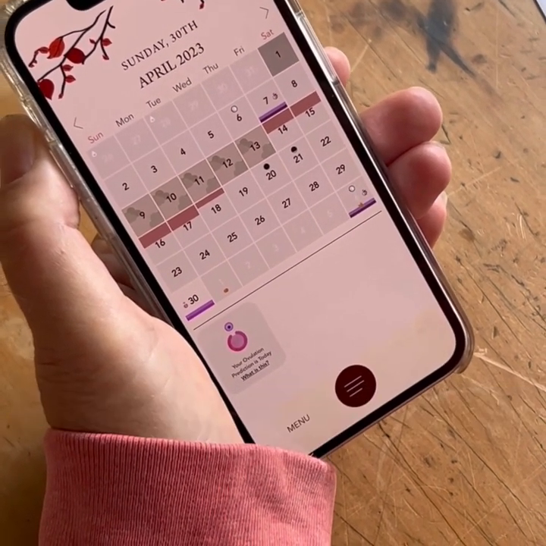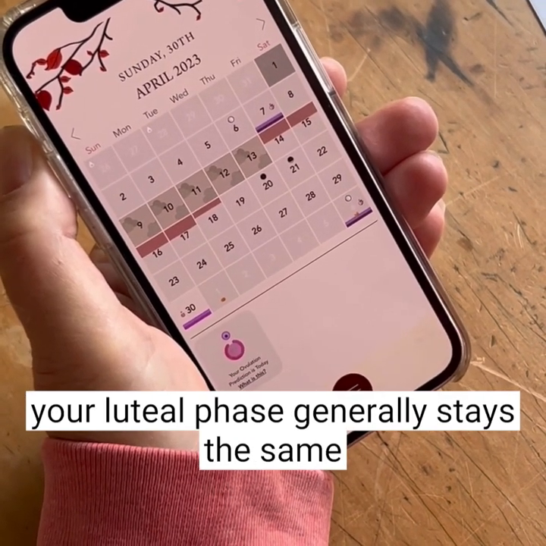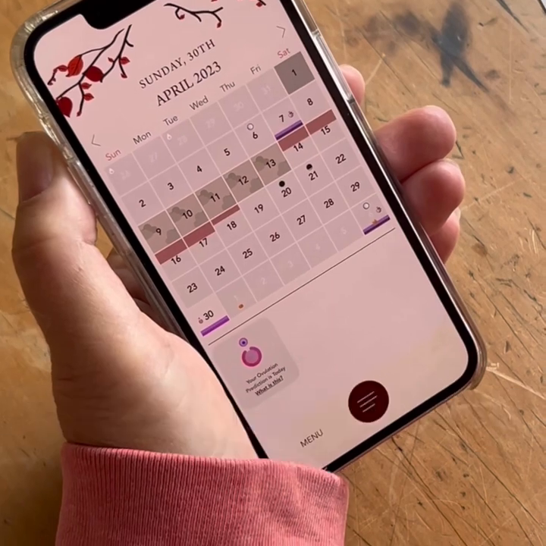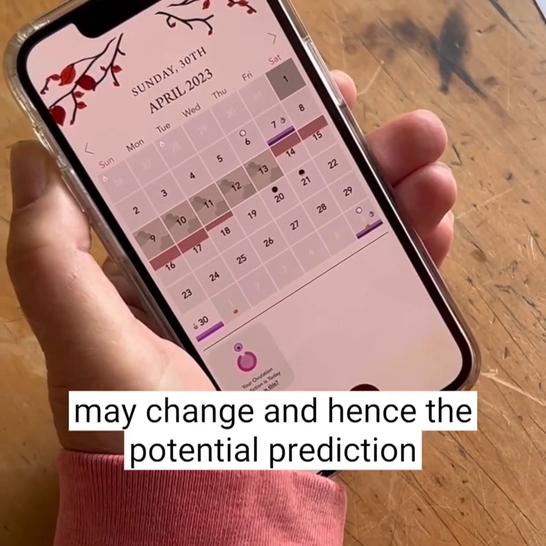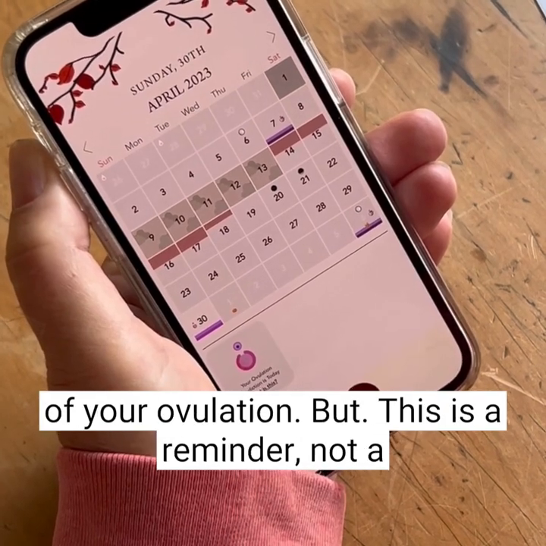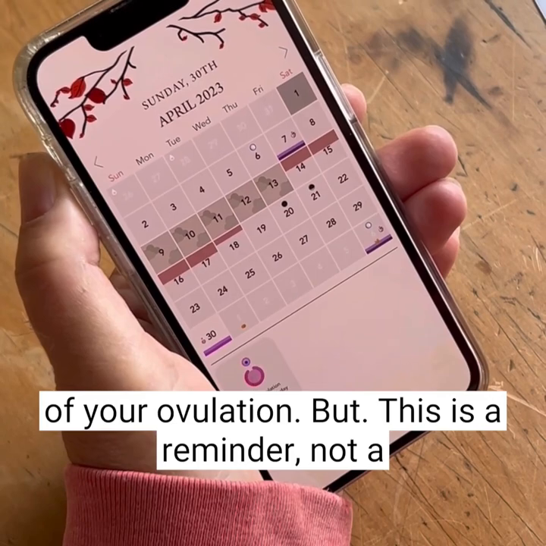If you have a period that comes earlier or later, your luteal phase generally stays the same, except in pathology, but the follicular phase may change, and hence the potential prediction of your ovulation. But this is a reminder,